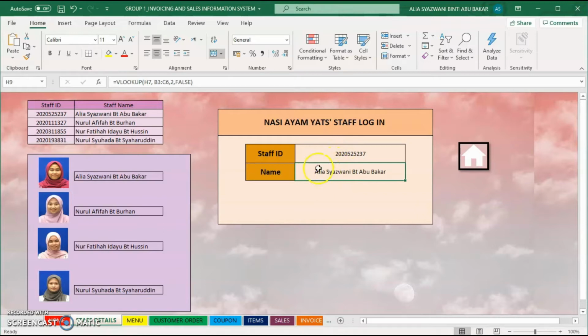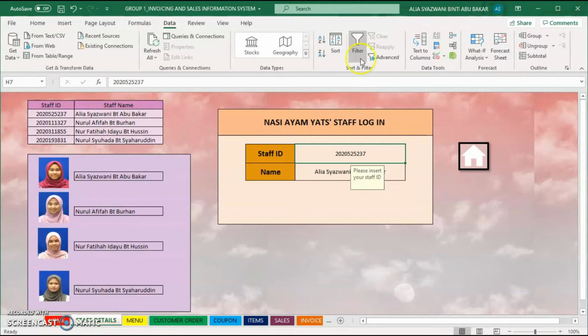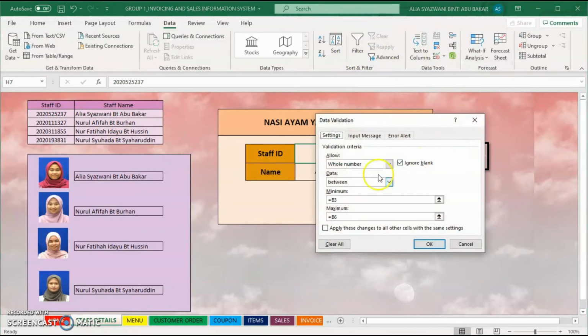How do we do data validation? We just click on the staff ID. See, "Please insert your staff ID" is data validation. We choose Data. Then we choose this one, Data Validation, and this is the data validation that I edited